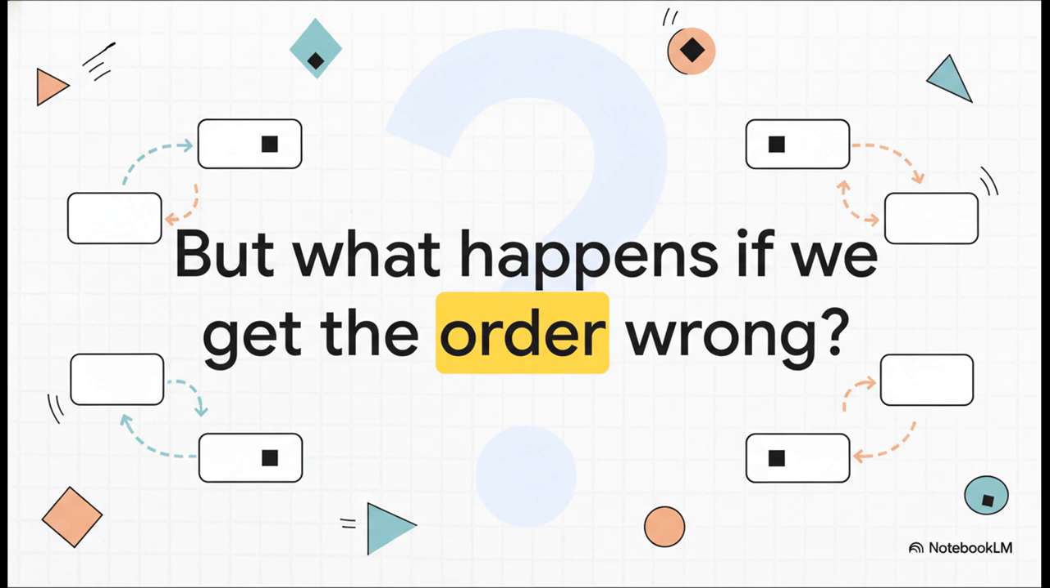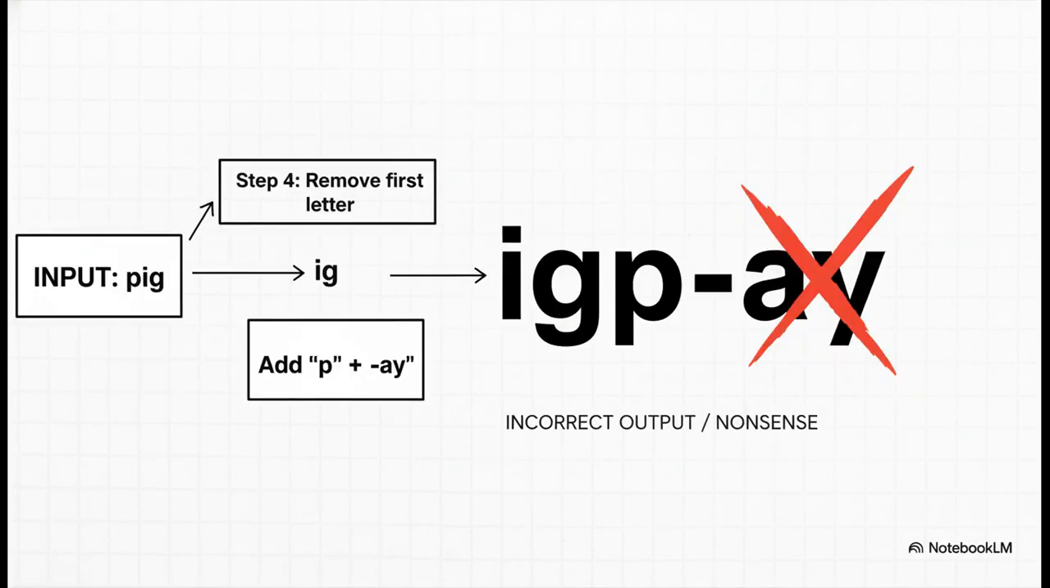But here's the million-dollar question. Does the order of those steps really matter? I mean, what happens if we just shuffle them around a bit? Well, let's find out. What if we take step 4, remove first letter, and we move it all the way to the beginning? Our word pig immediately becomes just ig. Then if we follow the rest of the steps, we end up with ig-a, pay, which is definitely not Pig